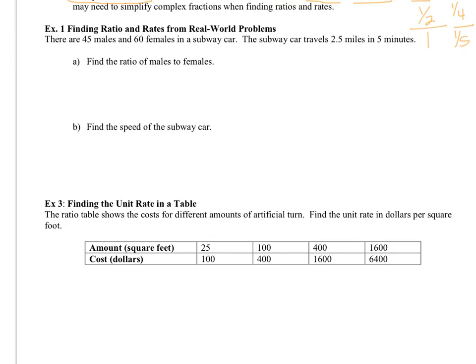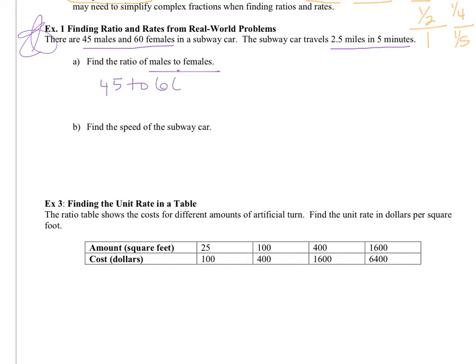Down below here, we're going to work on writing some ratios. Example 1: there are 45 males and 60 females in a subway car. The subway car is traveling at 2.5 miles in 5 minutes. Lots of information there. They want us to write a ratio of males to females, so we have to write it in that order. So 45